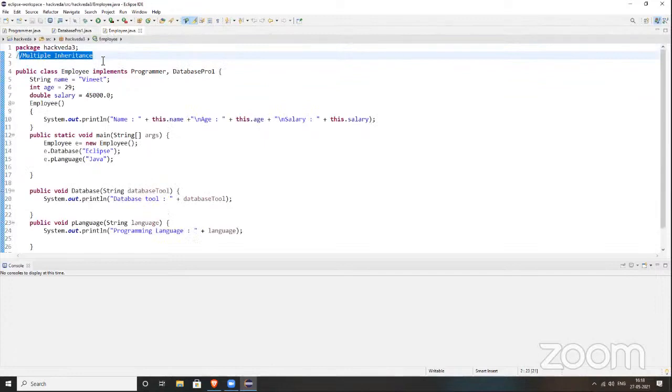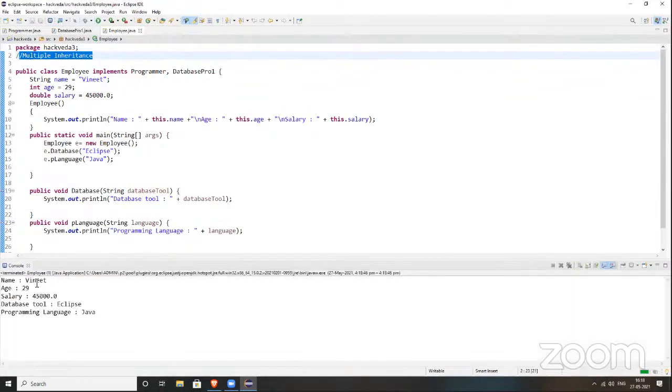If you move from bottom to top, it is running also, giving output. Ultimately, the motive was to make you understand how to read the code. If you have done it as multiple inheritance, that is also fine because you got the concept of how the flow is working. My approach was from top to bottom, but you took it from bottom to top, and we can work with that too.